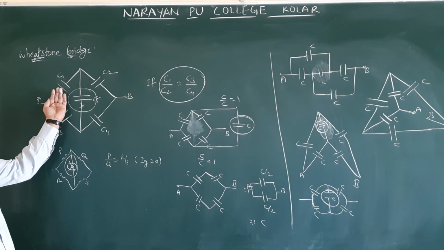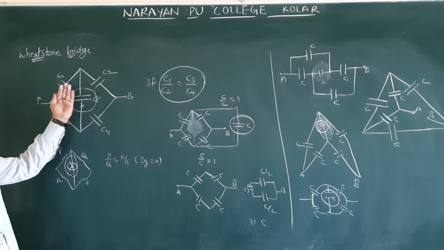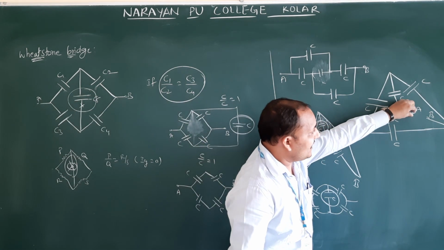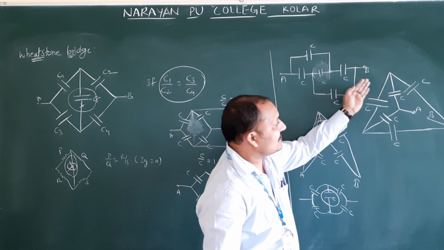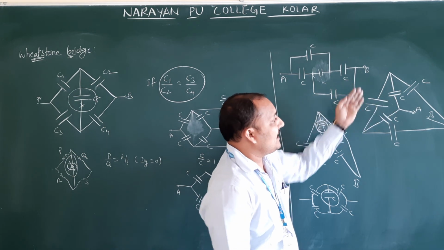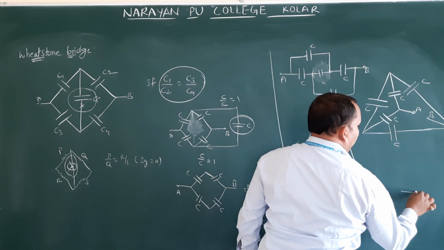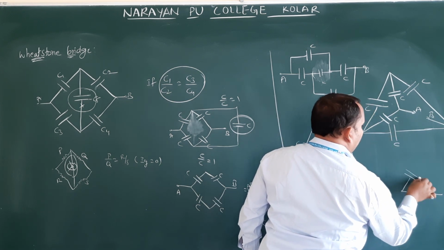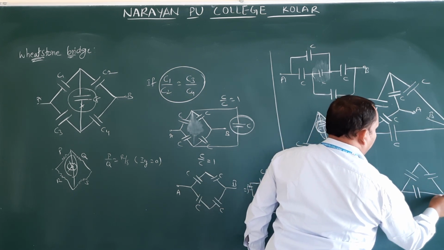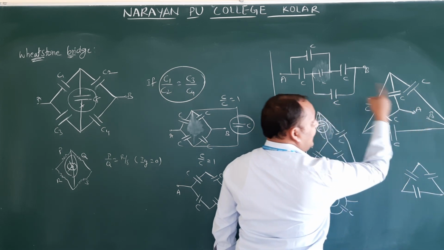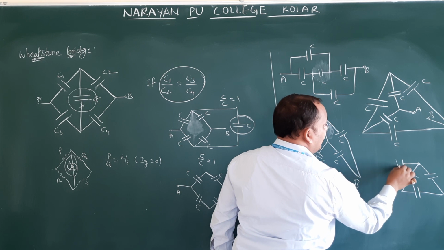So you can just fold these two capacitors inside like this. If you fold like this, then this one will be coming. If you bring A like this, these two capacitors will come like this. Whenever it is coming like this, see, I am drawing the triangle again, this triangle 3. Because this is new for you, therefore I am drawing. So this B is here only, and I am bringing A like this. Then it will be coming like this.